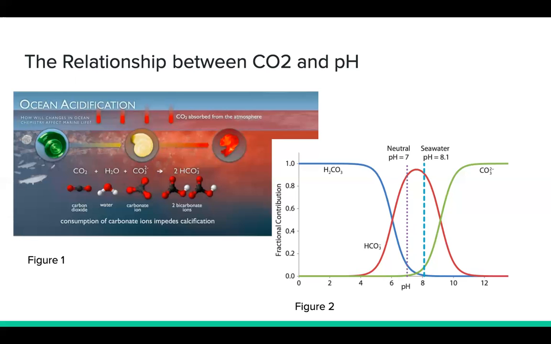The pH of the ocean's surface waters was 8.21 at the onset of the Industrial Revolution. Now it's 8.1. It's important to remember that the pH of a solution is the negative log of the hydrogen ion concentration in a solution. And since the pH scale is logarithmic, this 0.1 drop in the ocean's pH means a tenfold, or roughly 30% increase of acidity. The more hydrogen ions there are in a solution, the more acidic the solution is going to be, and the pH will just decrease.